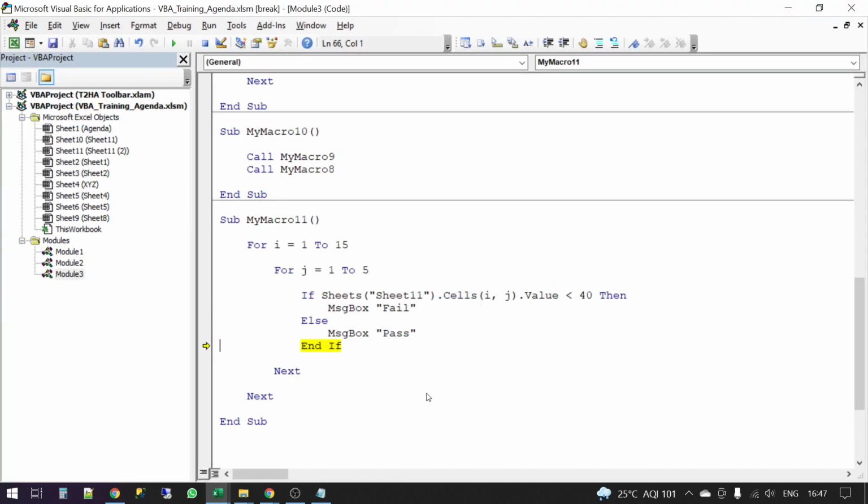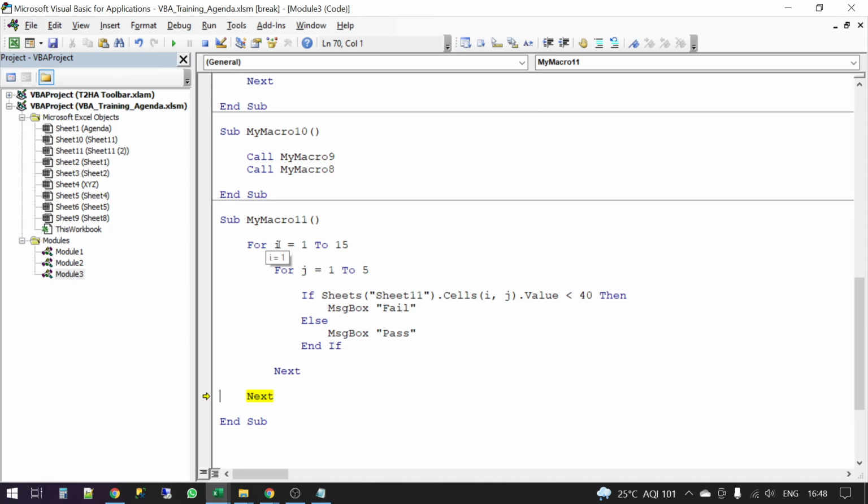Right? Now what will happen? Will it again loop for J, yes or no? Or will it exit this loop? Exit. I hope everybody is with me. After 5 it exits. So J was 5. It will go directly to the next of I. See, it has exited this loop.